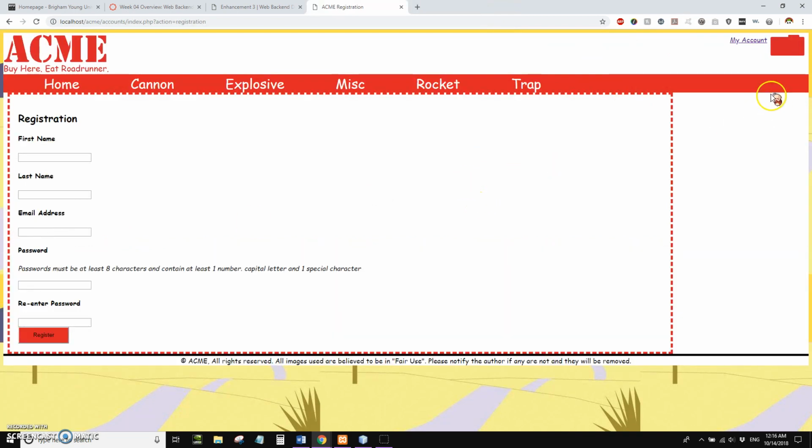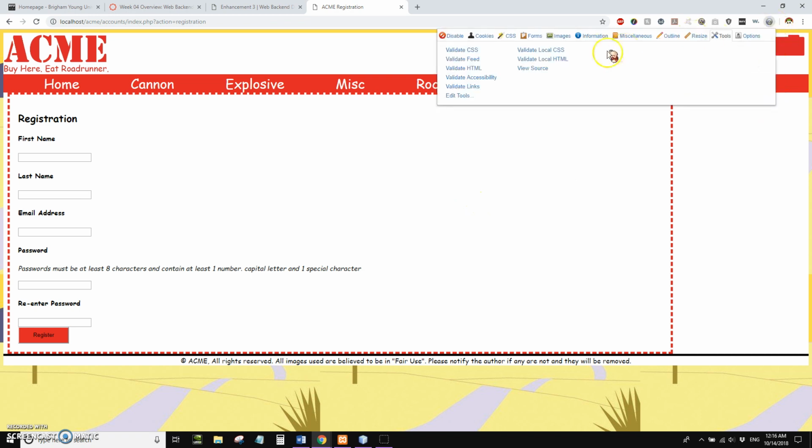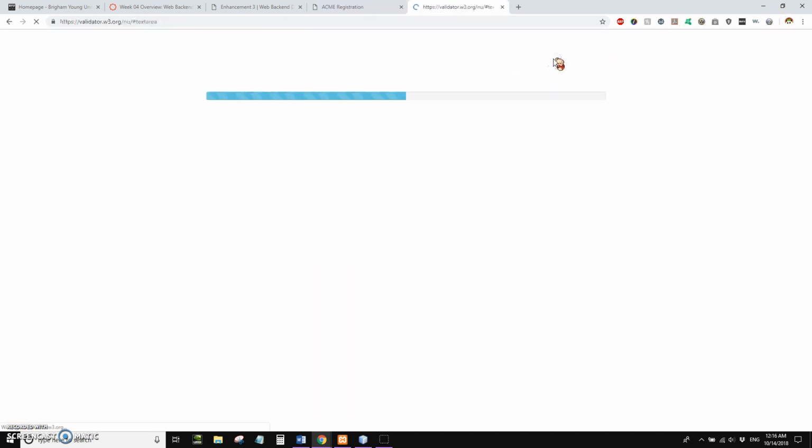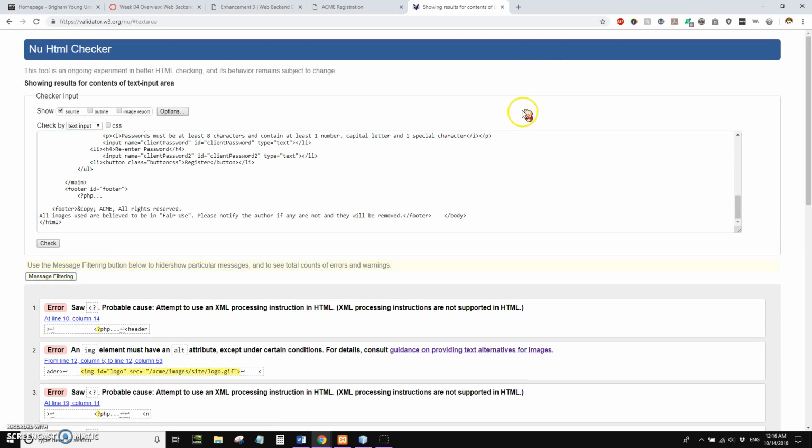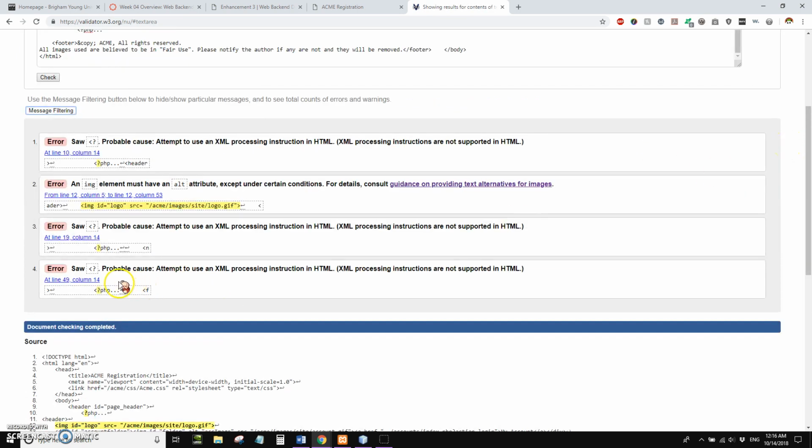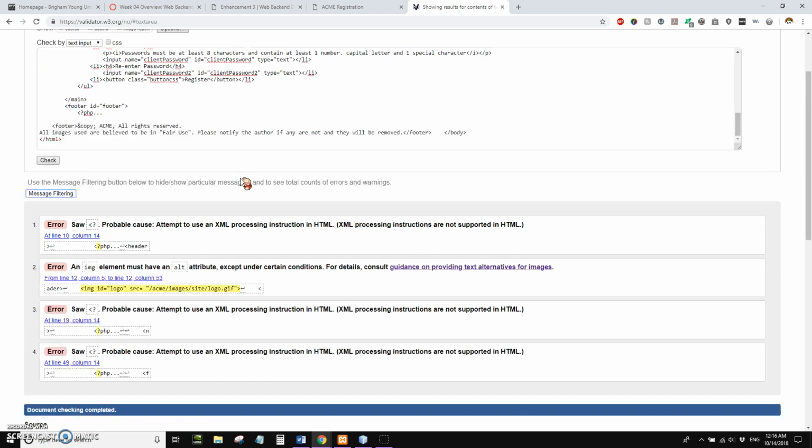Registration page. Yep, just the same issues as before. PHP being detected as an error and an image with an alt attribute that's in my header, so that's why it's showing up in all my pages. Can't do much about that, but yeah,